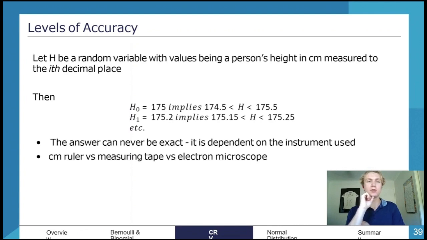But yeah, so we're going to let h be a random variable with values being a person's height, so height h in centimeters. Remembering that units is very important. Make sure you have units. You will miss out on marks if you don't have units. Measured to the nth or ith decimal place. So if we have h0 equals 175, what we have is actually